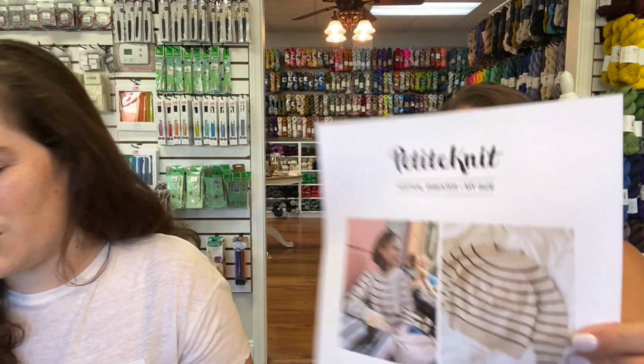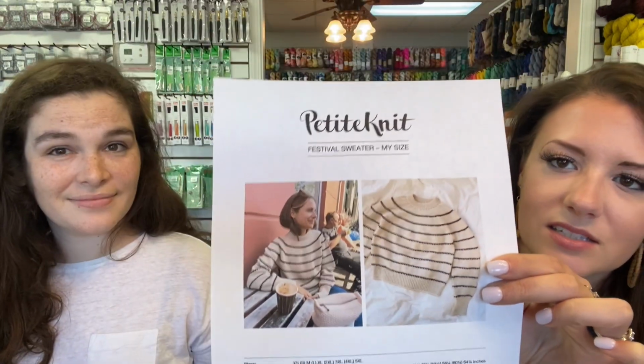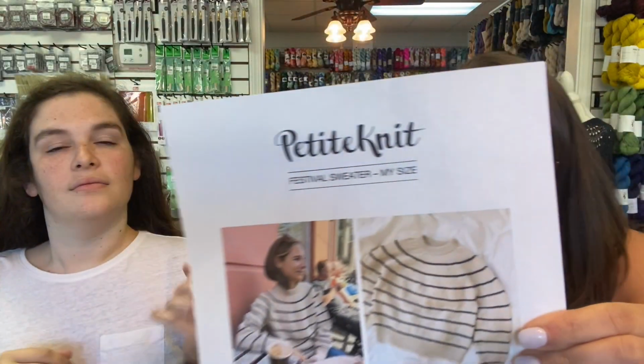Yes. So then my next cast on is one you've seen on social media. It is beautiful. This is the festival sweater, my size, obviously, the adult size, by Petite Knit. I don't know that you can really see it in here, but if you're able to look this up on Ravelry, this is really unique, it's not just a basic stripe. It's almost like a little tiny, she calls it a bauble. It is unlike any bauble you are going to knit because it's not a true bauble. I looked at it and I was like, is that a bauble? It's like a faux bauble. I don't want to give it away because it's really unique in how you knit it, but it's super, super easy. So if you're like, I hate baubles, I don't want to knit this,